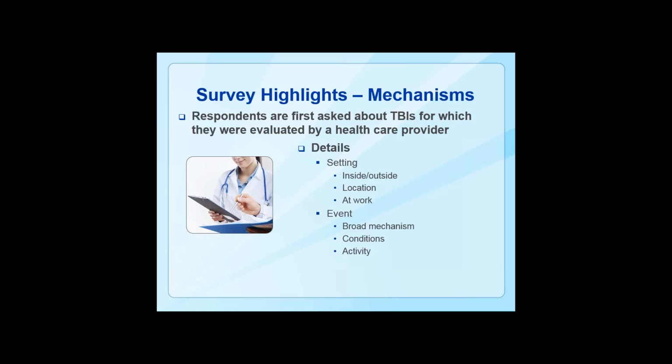Similar to injuries among bicyclists, we'll want to know where the injury occurred. Was it a private or public street? Was it a dedicated motor vehicle track or a dirt trail? Additionally, we'll want to know whether the collision was with another motor vehicle, a stationary object, or perhaps an animal such as a deer. For sports and recreation activities, we will ask if the respondent experienced an injury while playing